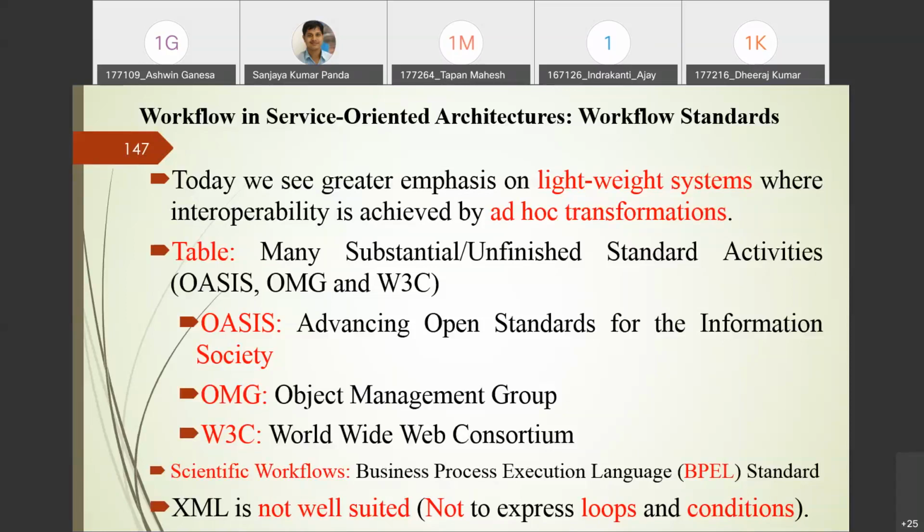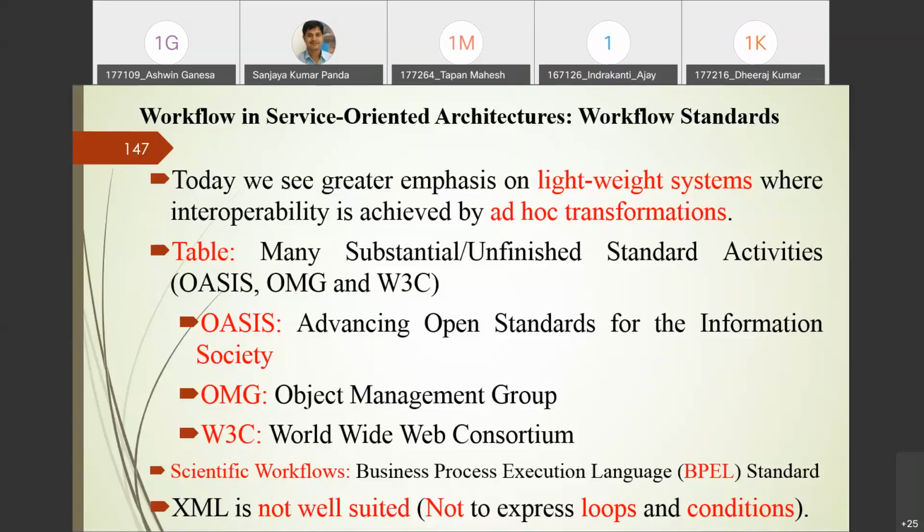W3C is the World Wide Web Consortium. You can see many substantial and unfinished standard activities. Many standards have started, but they are not finalized yet. The development of the standard is still going on, and it may not be in a complete phase as well.